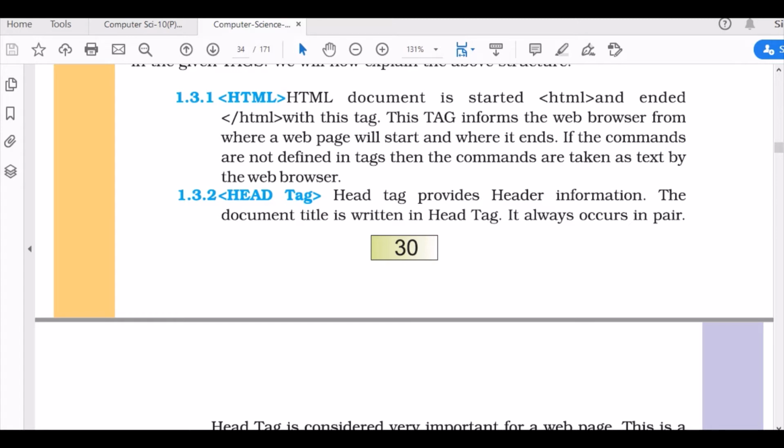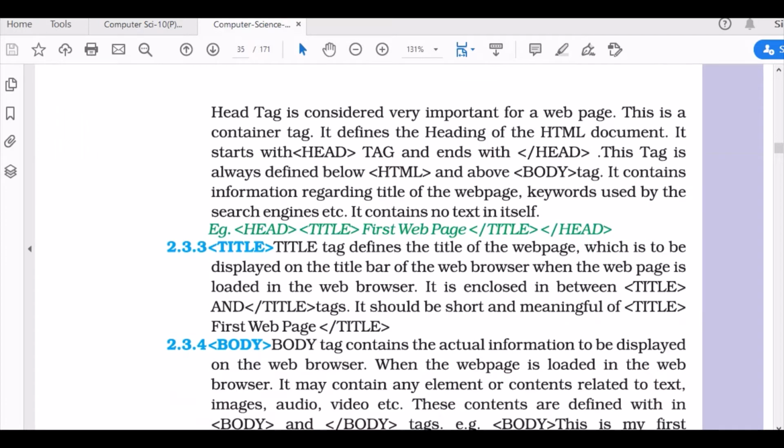An HTML document is started by the html and backslash html tag. This tag informs a web browser from where a web page starts and where it ends. The head tag provides header information. The document title is written in the head, the information or the title of the page.